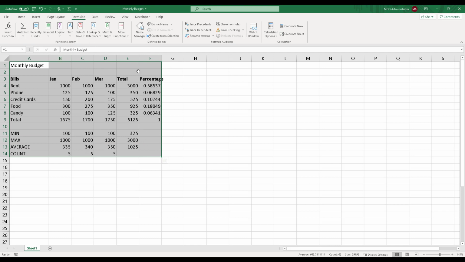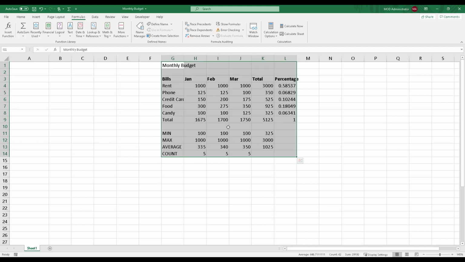Then if you take your cursor to the very edge of this selection, you will notice that the cursor changes to a different icon with arrows pointing in different directions. Once that icon appears, all you need to do is left click, keep it pressed, and drag this all the way to column G or wherever you desire, and just release the button.